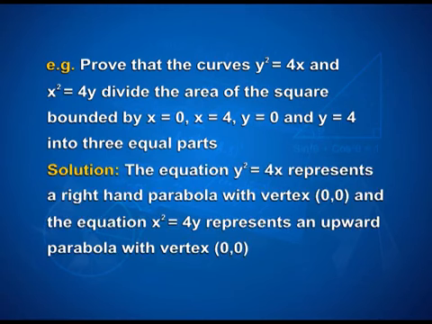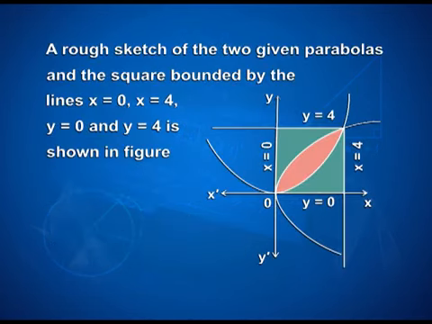For the solution, the equation y² = 4x represents a right hand parabola with vertex (0, 0), that is origin, and the equation x² = 4y represents an upward parabola with vertex at origin (0, 0). A rough sketch of the two given parabolas and the square bounded by the lines x = 0, x = 4, y = 0 and y = 4 is shown